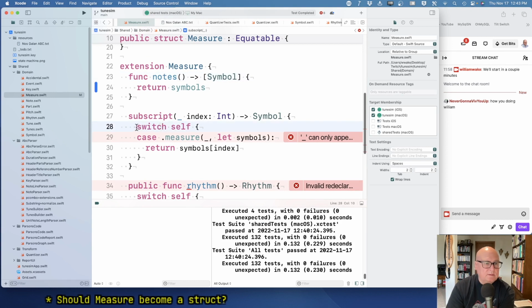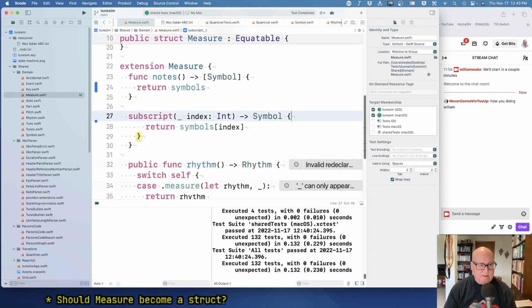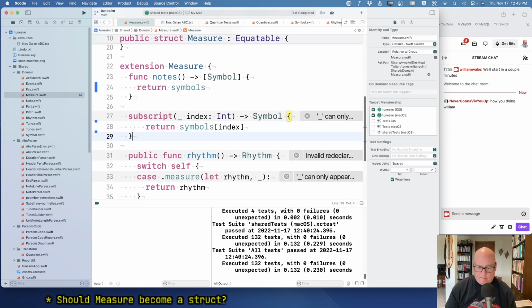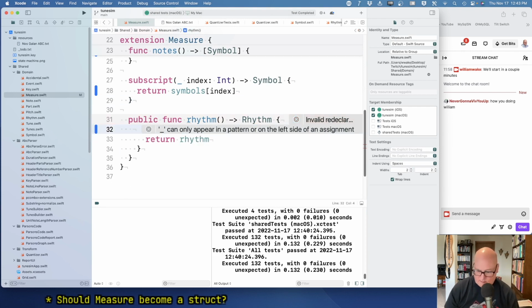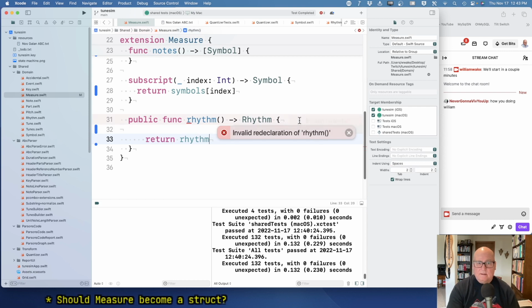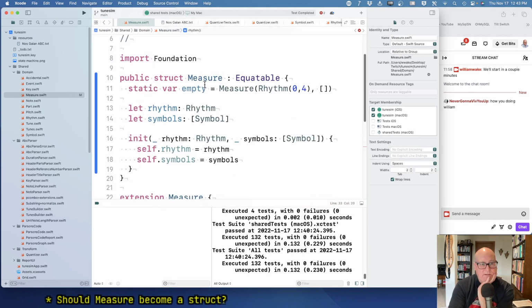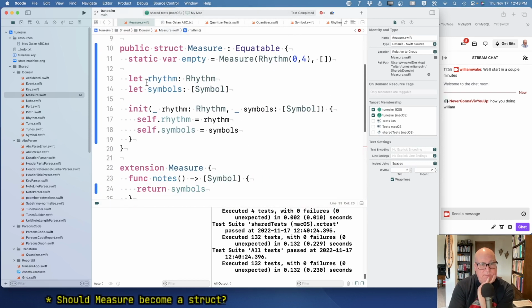Subscript return symbol is symbols.index or subindex. Okay. Rhythm is just rhythm. It's really boring. I don't even know if I can name that like that. No, I can't. Okay, let's let rhythm. Oh,